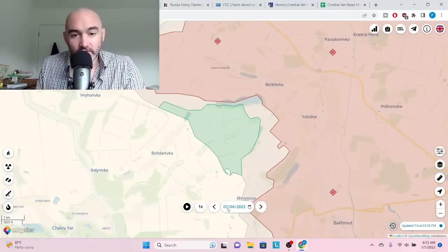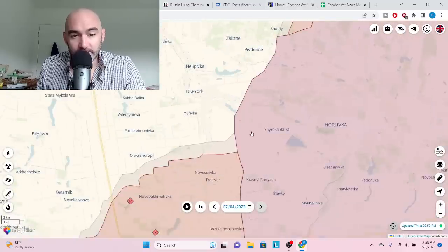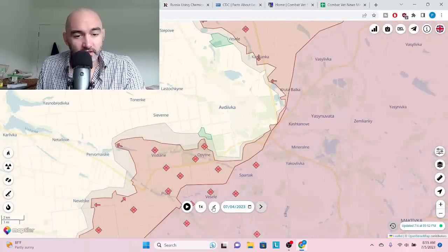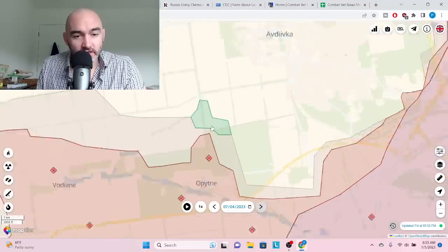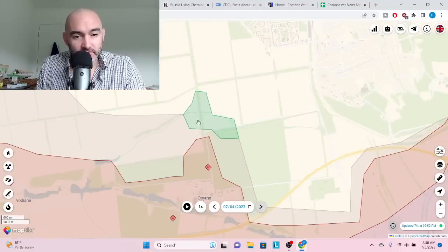Up near the Burkiva Reservoir, you can see that, boom, right there, again, Ukrainian forces counterattacking, pushing, trying to regain control of this area east of the reservoir. Of course, the final spot near Optine, here we go. You can see that, boom, Ukrainian forces liberating again a small strip of windbreak and crossing this small canal here,